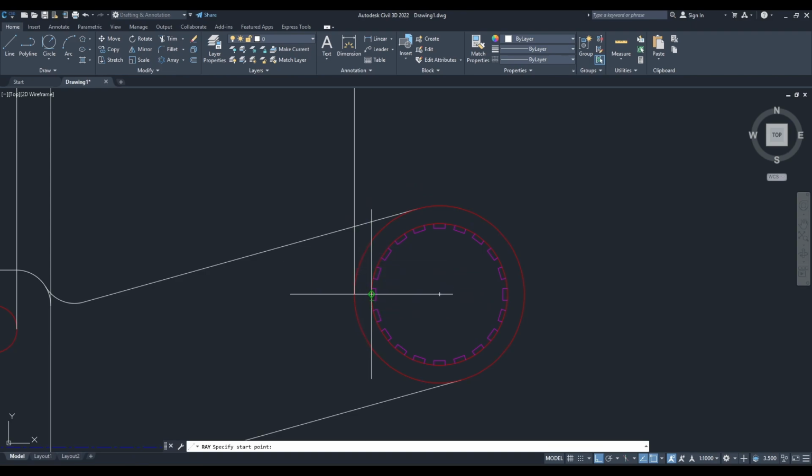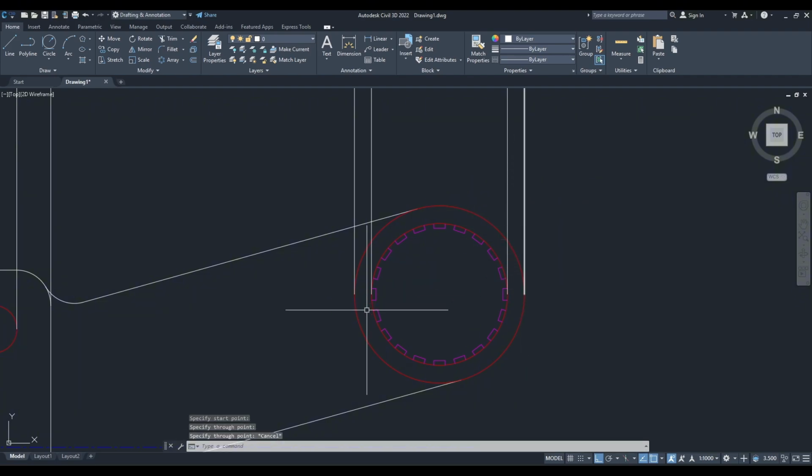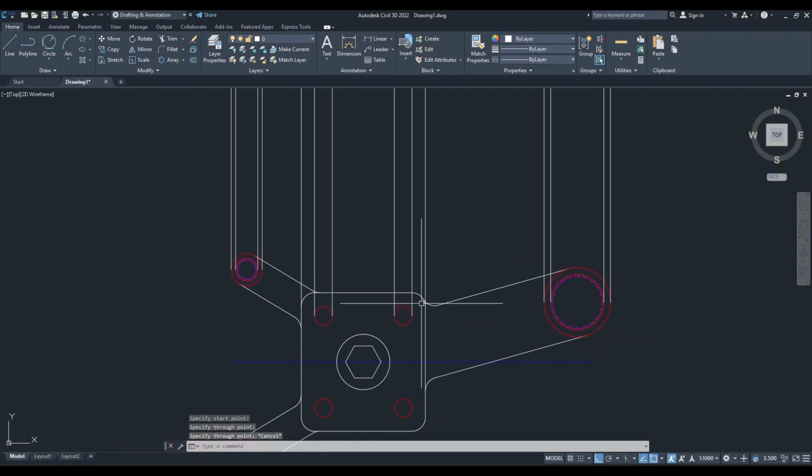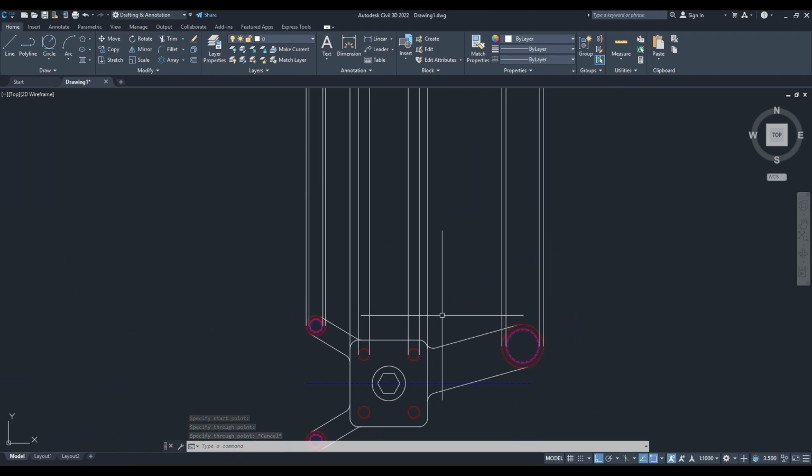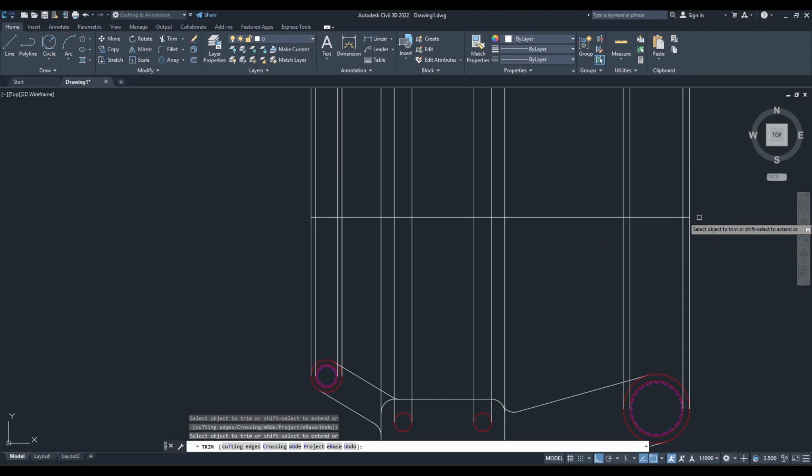This part, this and this. Now I will make a line, trim the edges,